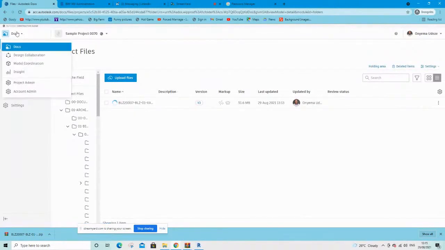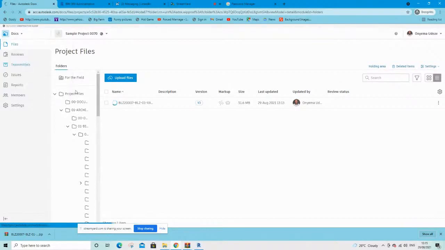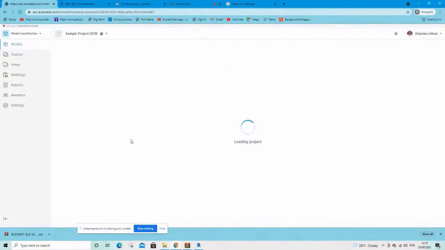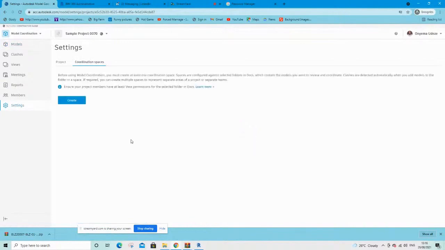There's one last module here called Model Coordination. It basically allows you to see where you have clashes between different models you have on your project, right? To set it up, it actually takes a lot of steps that you need to do, because you need